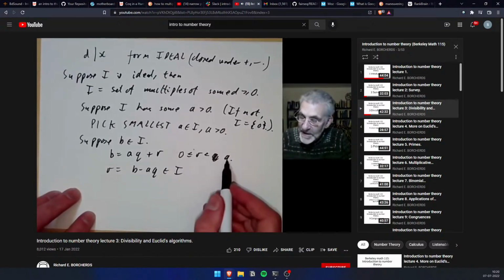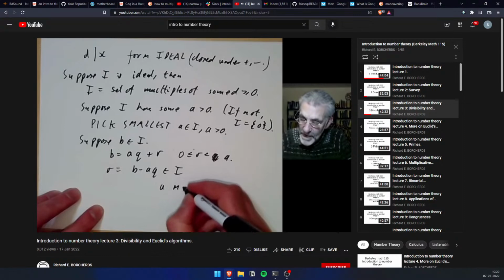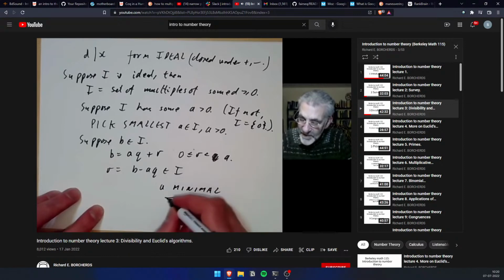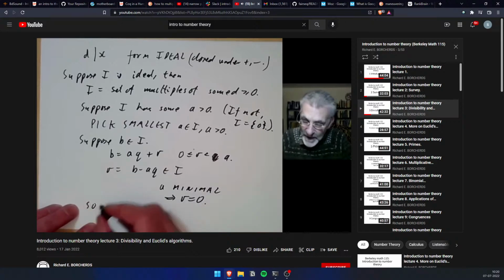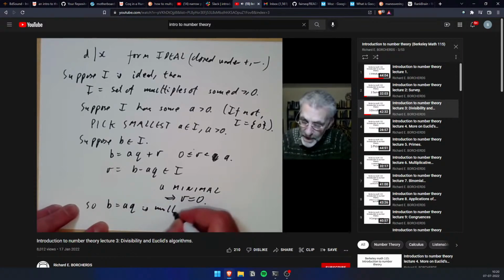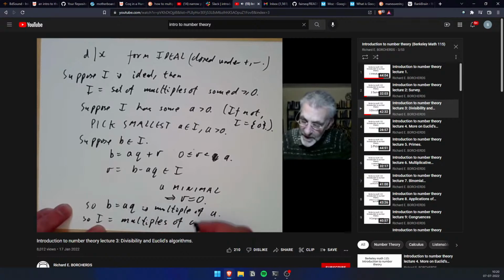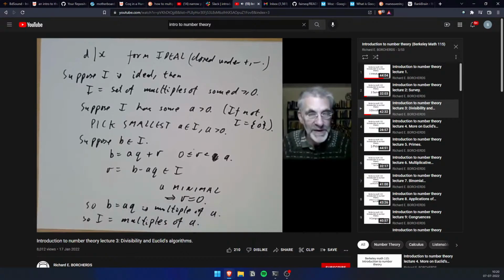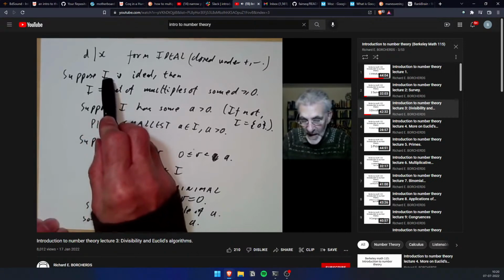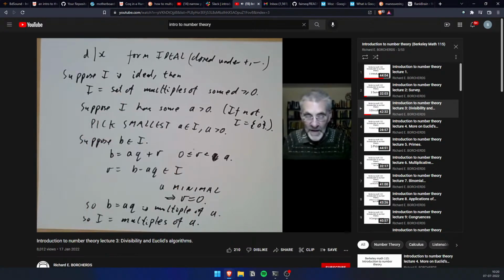So because a is the smallest positive element, this implies that r must actually be equal to 0. So b is equal to a times q, a multiple of a. So I is just the multiples of a, where a is the smallest positive element in I, unless I is zero. So this is a basic application of Euclid's algorithm. It shows that ideals of the integers are exactly the same as multiples of some particular